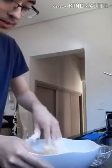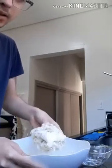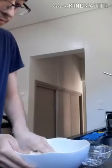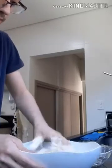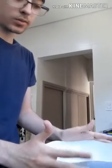You can use your hands or a spoon. I prefer using my hands because I am in contact with the food that I'm making. So you can continue mixing until you get a good dough here. After that you need to put a pinch of salt, but not too much. It's actually your decision here, but put it in last because it can kill the yeast of the dough and